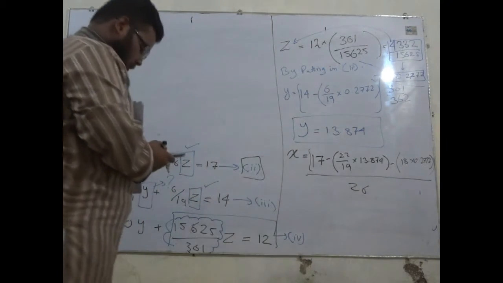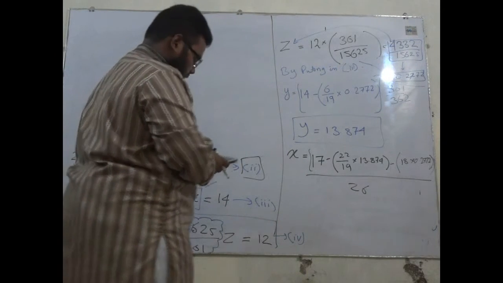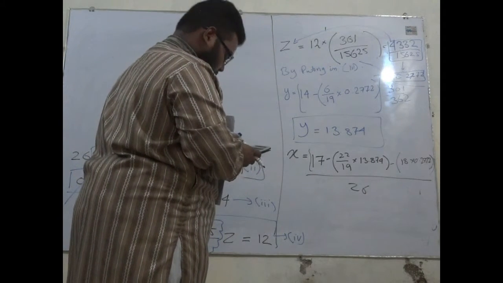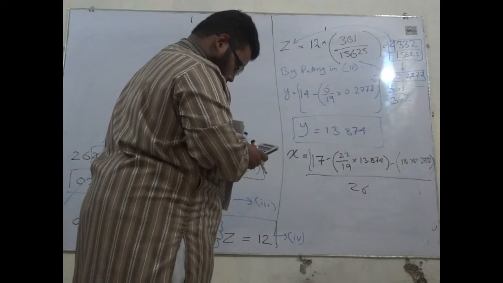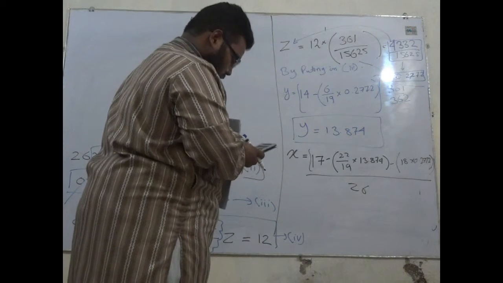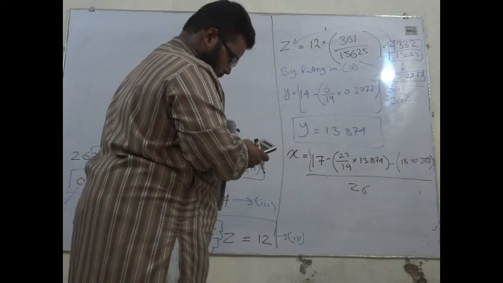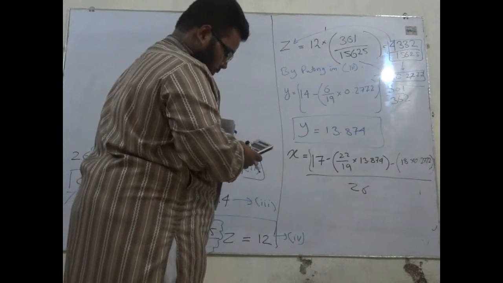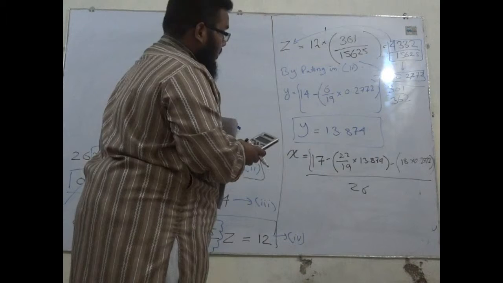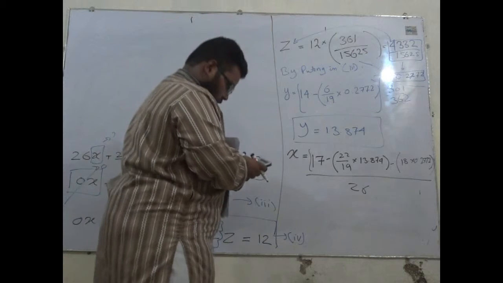Okay. Now I will do some calculation using the calculator. 17 minus 22 over 19 multiplied by 113.874 minus 18 into 0.2772, divided by 26, which is equal to